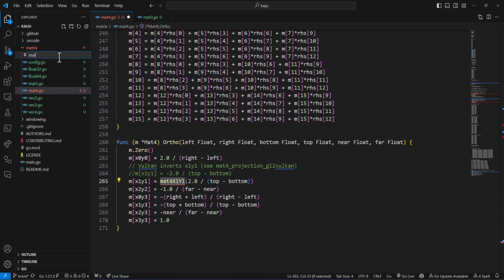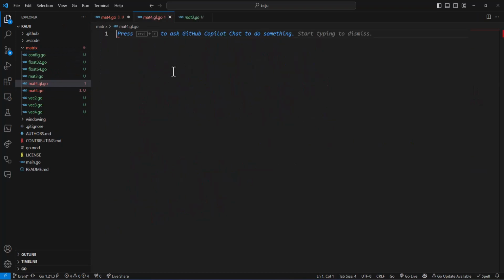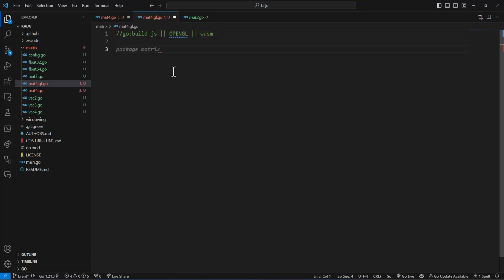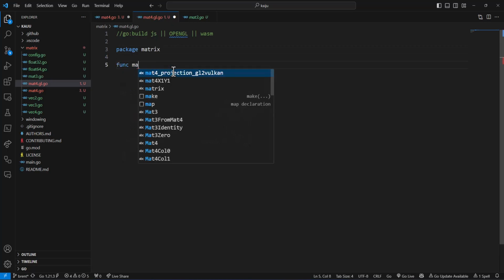We'll call it mat4.gl.go. This is for the OpenGL code. We're going to go build. This is for JS, if we use OpenGL as an arg or WebAssembly,